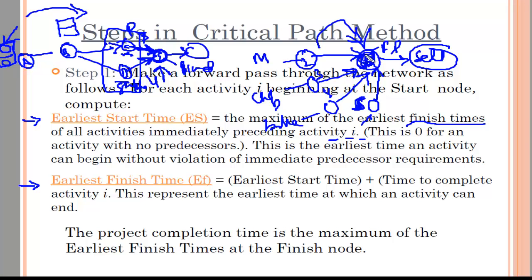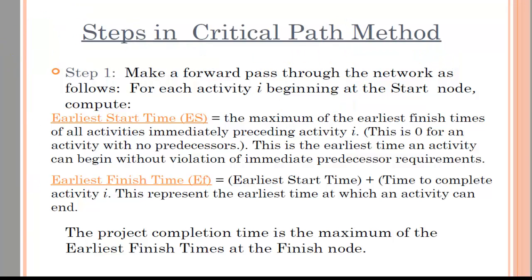So when will this node actually start? This has to see the maximum out of all of these finish times, not start time but finish times. What are the finish times of all of the predecessor activities, and what is the maximum out of it? Because at that time I can start this activity, before that I cannot start this activity. So the simple thing is, the maximum of the earliest finish times of all the activities immediately preceding the activity,